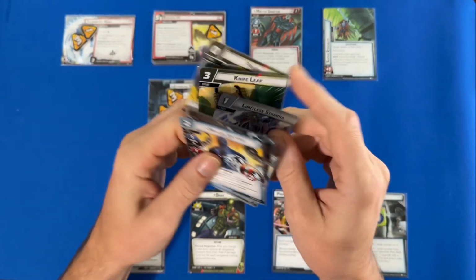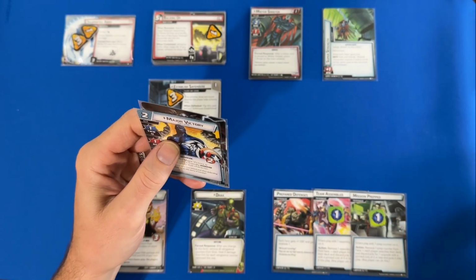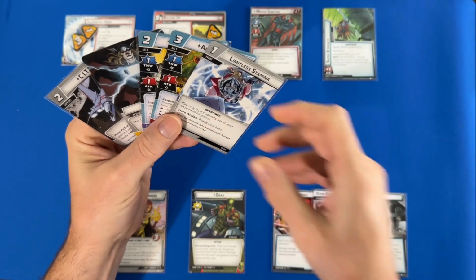Okay, we'll see. Well, if I can play it, I will. I really would like to play it. Every ready on Drax is 5 more damage and a card draw, ultimately. So we're going to hold these 3. We draw Adam Warlock, Limitless Stamina,